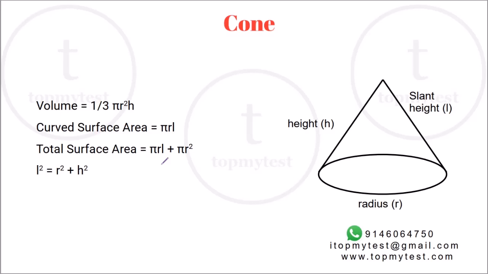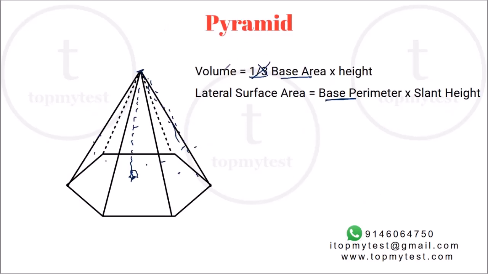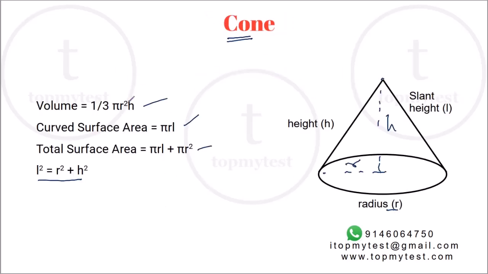Now, the most commonly used pyramid is basically a cone, where your bottom is a circle of radius r. You have a height h and slant height is L. Using Pythagoras theorem, you can find the value of slant height. If this is r, this is h, this will be your hypotenuse. So r square plus h square is equal to L square. Now using the rest of the relations, we can find the volume, curved surface area, and the total surface area. Just as we discussed here, volume can be found, lateral surface area can be found, and when you add the curved surface area with the base area, you'll get the total surface area.